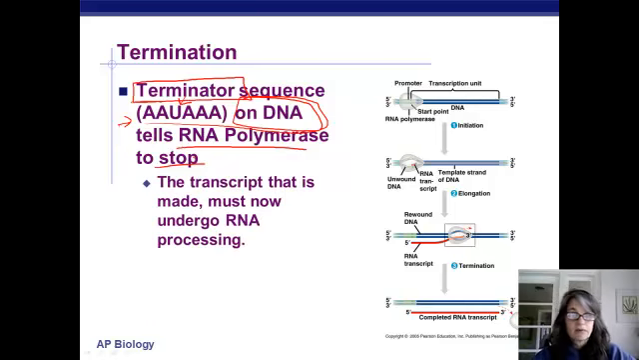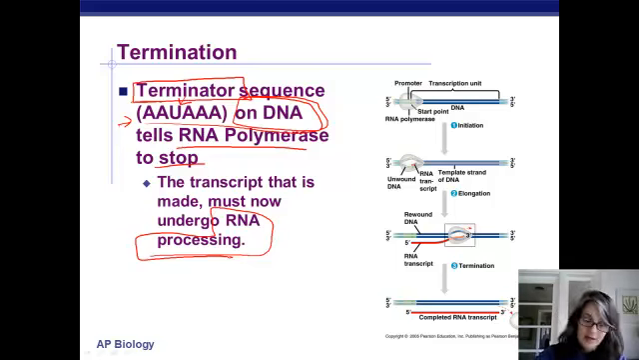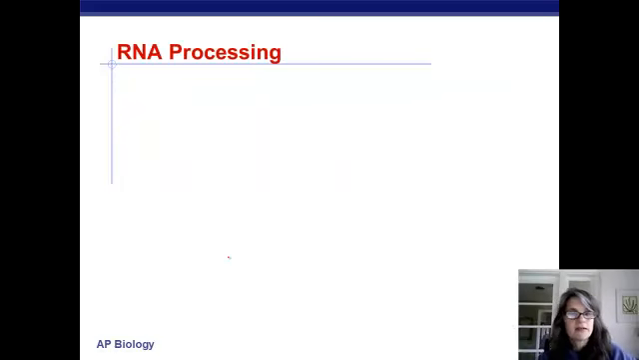The transcript that was just made is now ready to not go make a protein yet, but to get a little sliced and diced and finally prepared through something called RNA processing, and then it will be ready to help us make a protein. So what we have to talk about next is RNA processing, and I will catch you